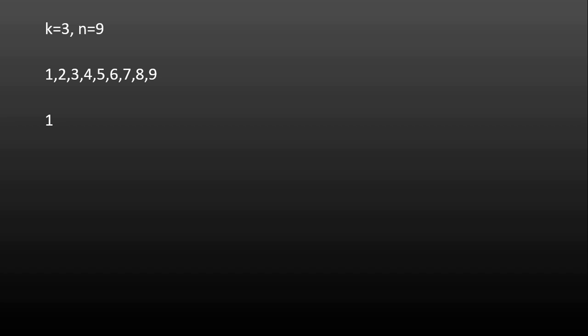Since we are starting with 1, the next number we can have is 2. So keeping 2 as constant, the third number can be 6, right? Because 6, 2 and 1 together add up to form the number 9. So that is our n equal to 9. Once we are done with 6, I need to check the next number after that for the third digit. Before reaching 6, once I select 2, I would have checked whether 3 is a valid third number. Similarly, I'll go to 4, then 5, and when I reach 6, I will find 6 as the valid combination.